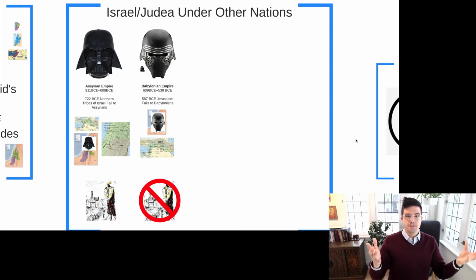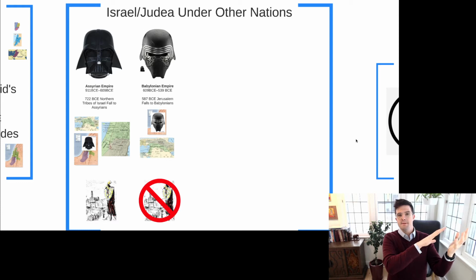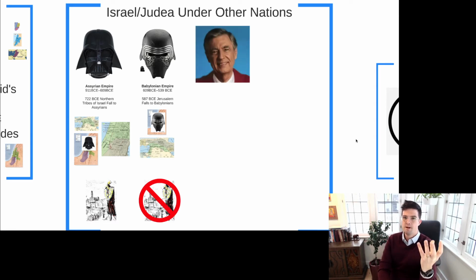And if we have our first two empires out here, and we have our sort of enemies of the Israelite and the Judean people, we need our next enemy of the Israelite or the Judean people. And in this case, we are going to have our enemy in the form of Mr. Rogers. Mr. Rogers represents the Persians, who took a sort of different tack from the Assyrians and the Babylonians,